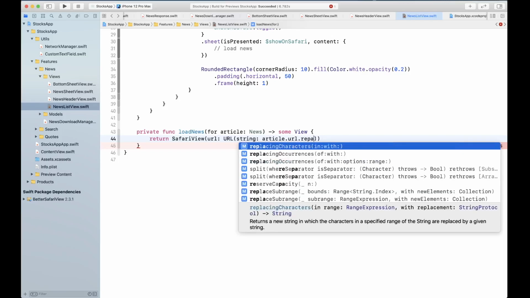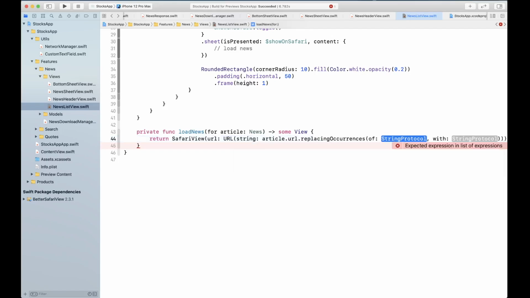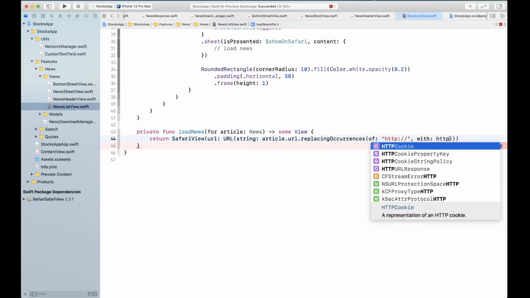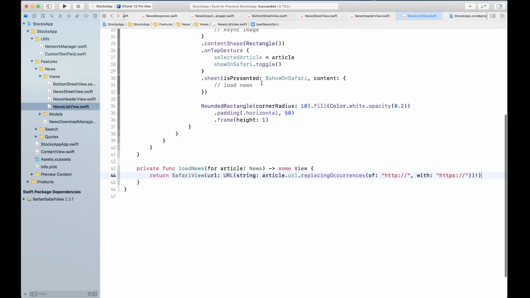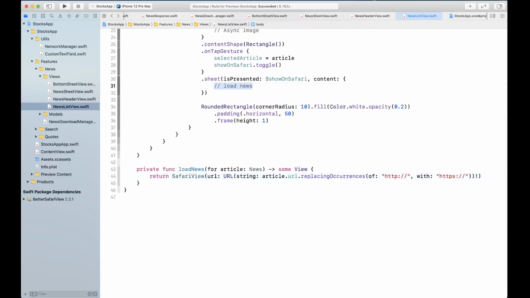We also want to make sure that we replace occurrences of HTTP colon double slash with HTTPS, because sometimes the links that are returned are HTTP, even though the provider supports HTTPS. It just doesn't load. So this way we can actually request the HTTPS version of the news article link.